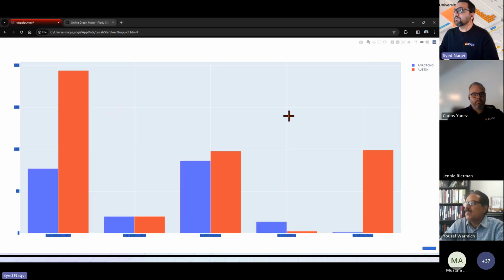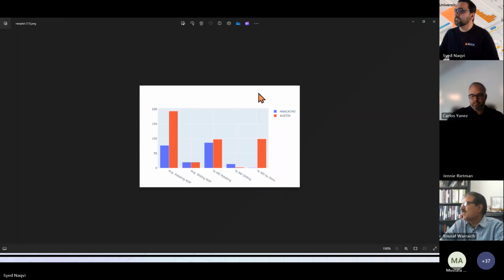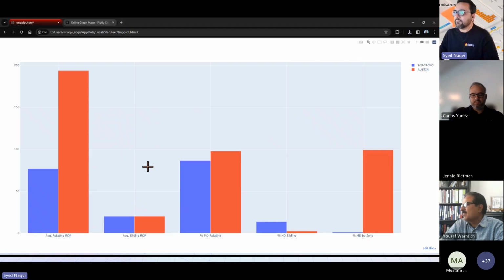You can double click to go back. Click on this camera icon to download this plot as a JPG or PNG file, which you can simply share with your team, copy paste in emails or PowerPoint slides or whatever. You can also edit this plot